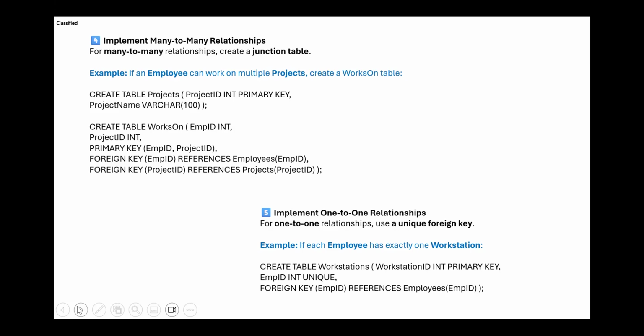And then we create a table called works on. Okay, so to see which are the projects he works on: employee ID integer, project ID integer, primary key is employee ID and project ID. Okay. Foreign key is employee ID, which references the employees table, employee ID. And foreign key is project ID, which references projects, project ID.